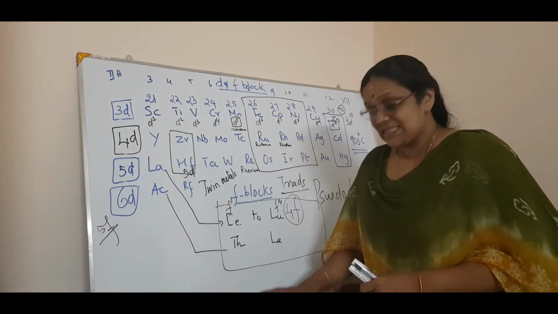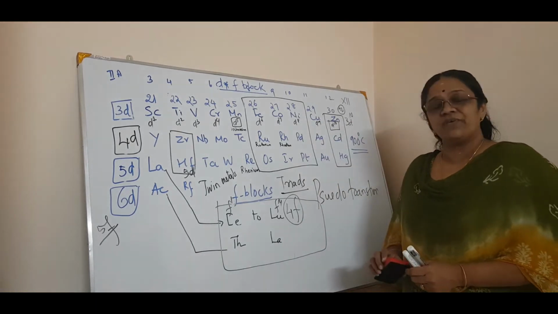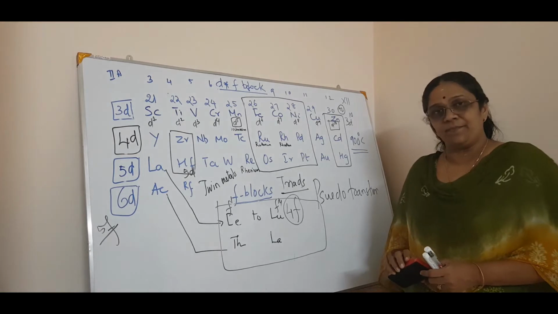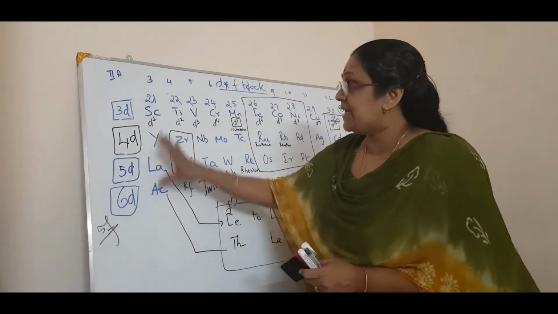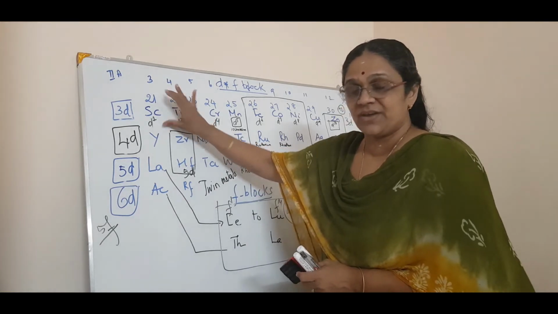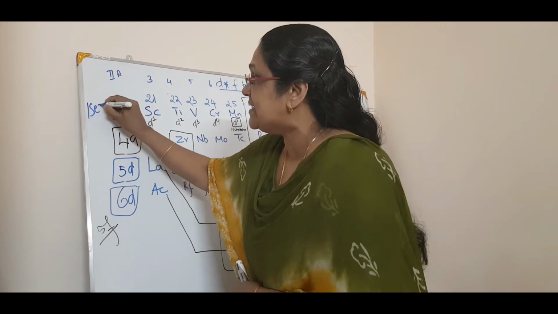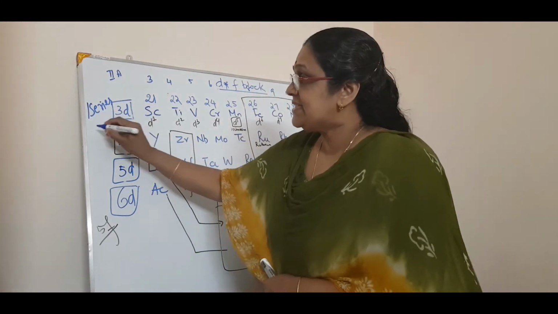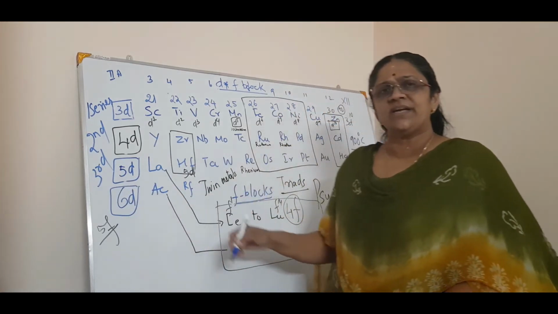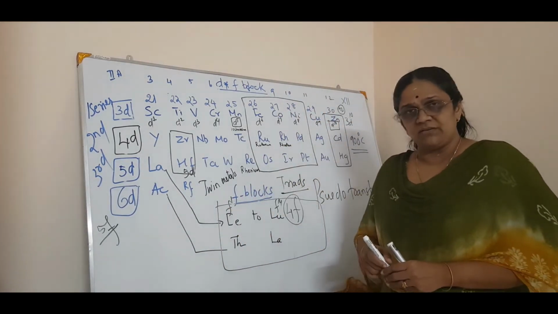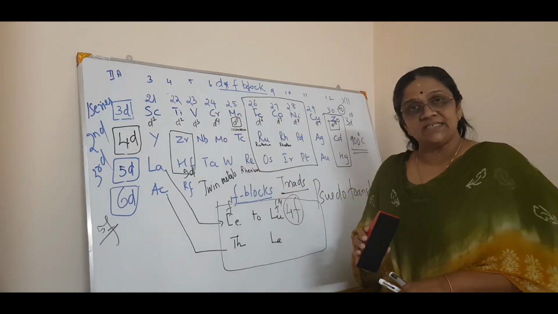First, we will always study the electronic configuration, and the electronic configuration is very, very important. Then I will rub out the 4d, 5d and 6d and keep the 3d as such. The 3d also has one more name, the first series. This is the second series and this is the third series. The fourth series you forget, because it is an incomplete shell. So we will start with the 3d series or first series.